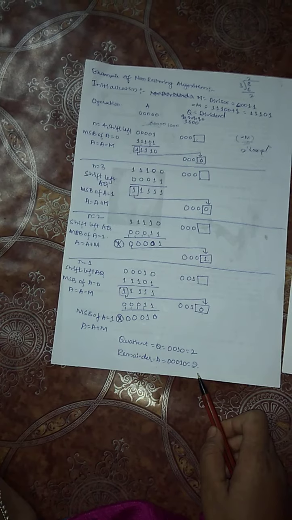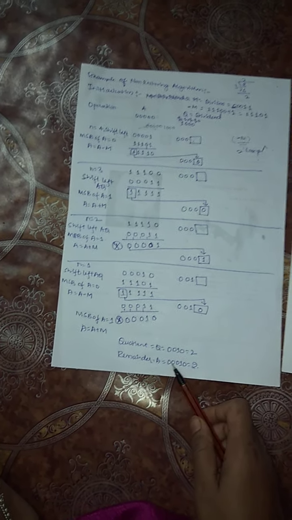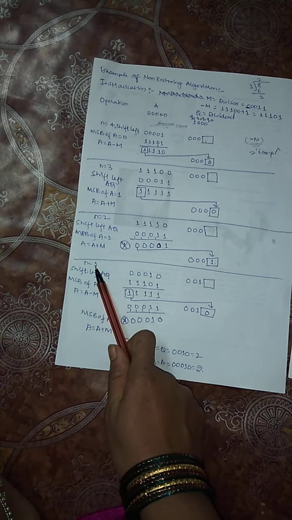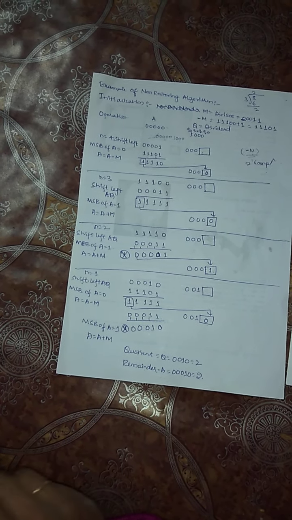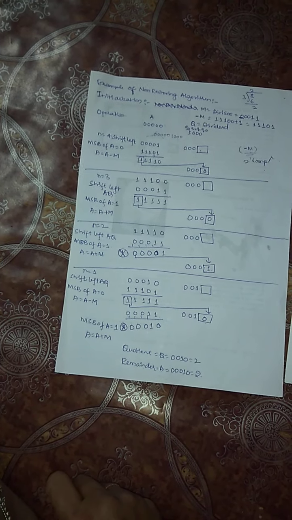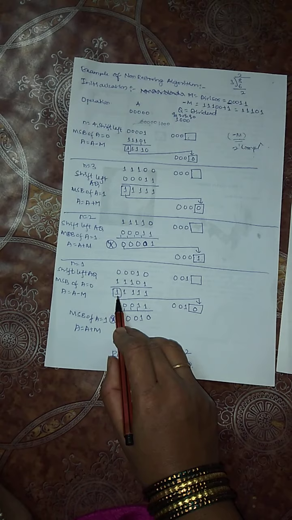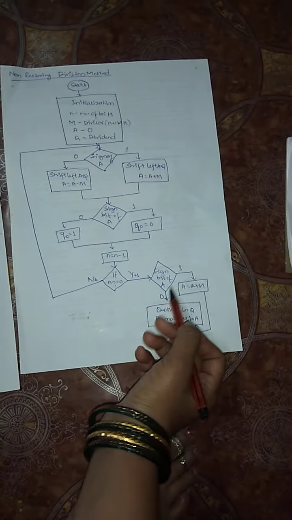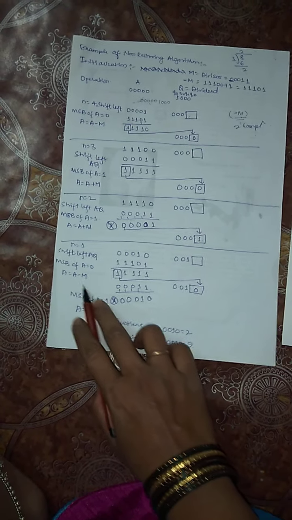That is what I am going to get in the contents of A and Q. Last step, once again I will explain. When N is equal to 0, N is equal to N minus 1 means 1 minus 1, it will become 0. We are going to stop. When we stop, we should get the result, that is the remainder and the quotient. For getting the remainder and quotient, you have to check again the MSB of A. Now the MSB of A is 1. If the MSB of A is 1, we have to do A is equal to A plus M, then go to the result. So I am going to do here A plus M.